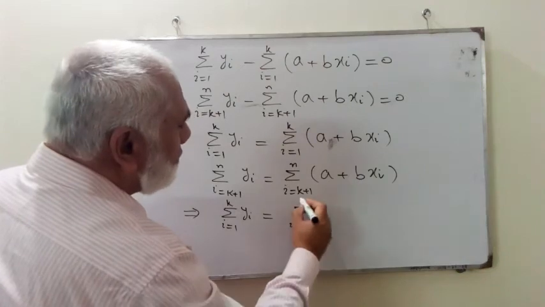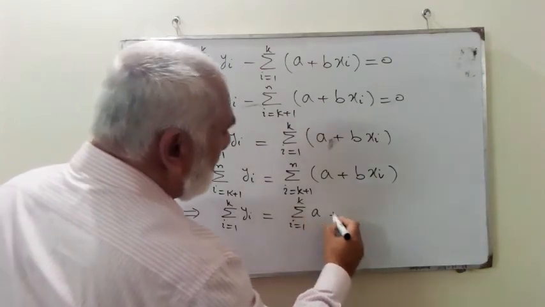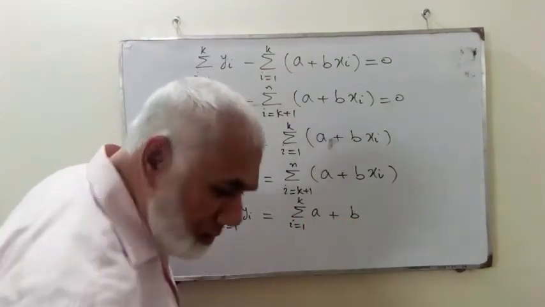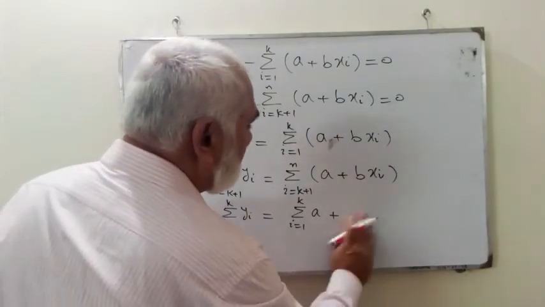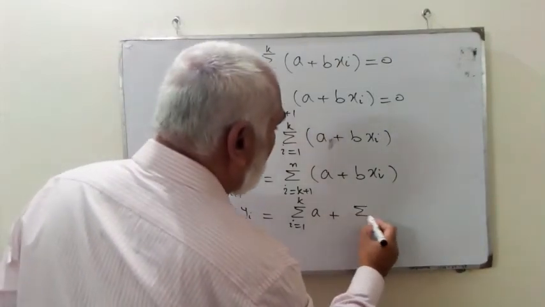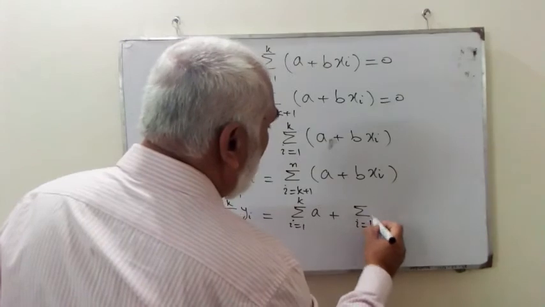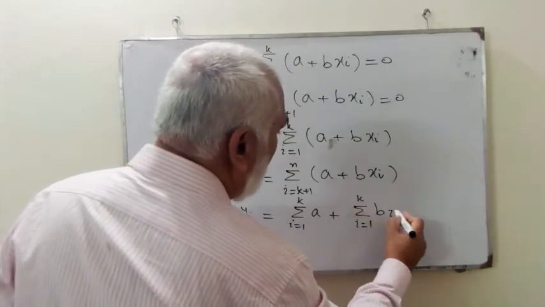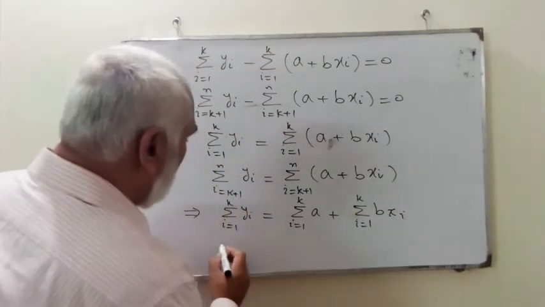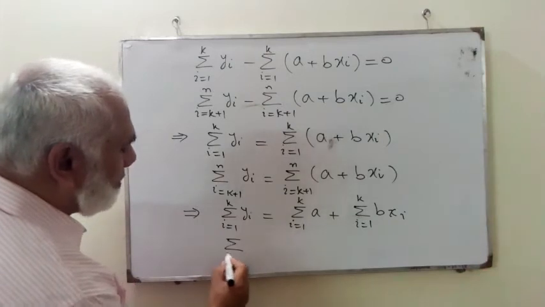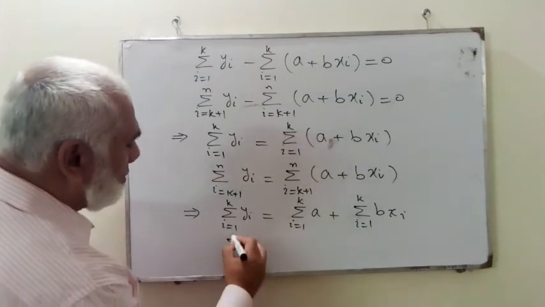So sigma i equals 1 to k of a plus sigma i equals 1 to k of b xi, and from the second equation we get sigma i equals k plus 1 to n